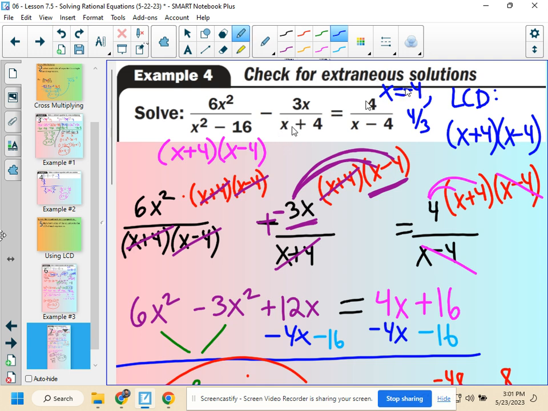If I plug in a negative 4 right here, negative 4 plus 4 is 0. You can't have a 0 in the denominator of a fraction. So we have to eliminate that one from our solution set. So when it completely shakes out here,